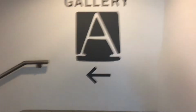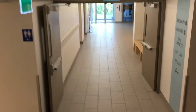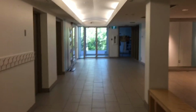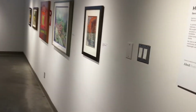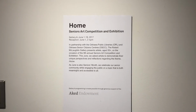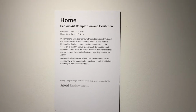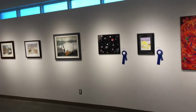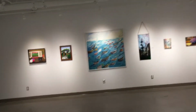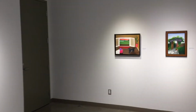Now what Gallery A is, we have artists in residence for about a month period. They select 10 each year, and these artists get to use this space to create here when they're here, and also to display their work. So right now, we have a display, and this happens to be the seniors art competition, senior citizens art competition and exhibition, which we have every year. But these are not the artists that are actually in the studio. The studio is just off of here, and it's a couple of artists who represent, I believe they're called